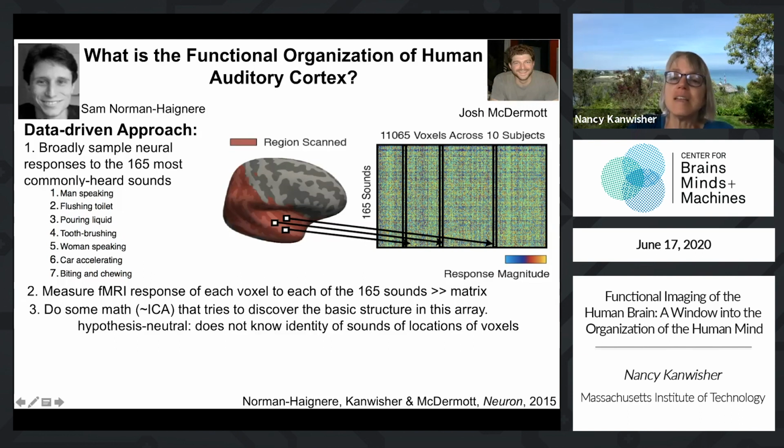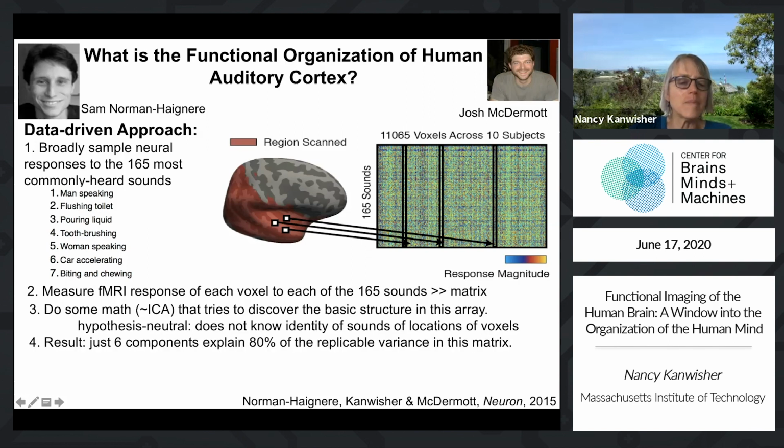This analysis doesn't even know which voxel is where. They're just all thrown together in the matrix. And it doesn't know which sound is which. It's just math, pure math, okay? And so what we do is we find that just 6 components can explain 80% of the replicable variance in